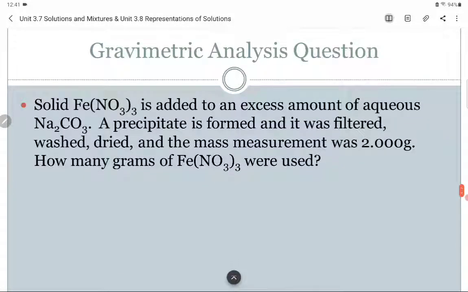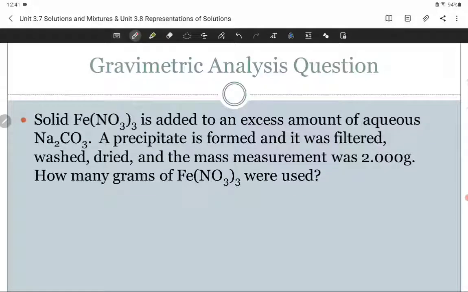Okay, so another filtering question, or we can call it a gravimetric analysis question. But this time, we're given a little more information. A reactant and a reactant. So let's go through and try to figure out what this chemical reaction is. FeNO3 plus Na2. So iron nitrate plus